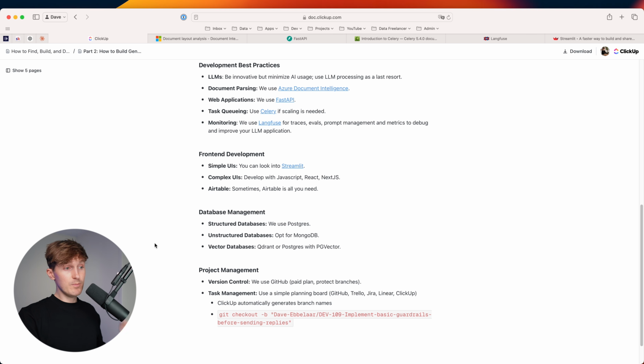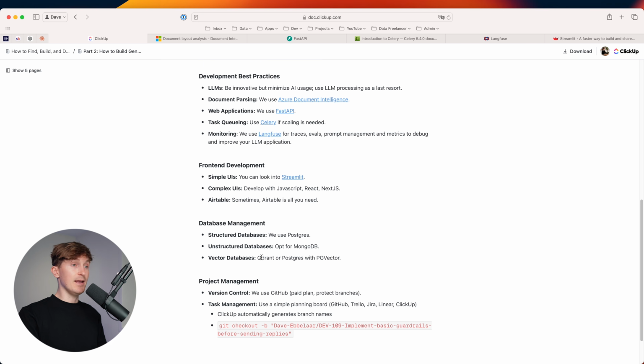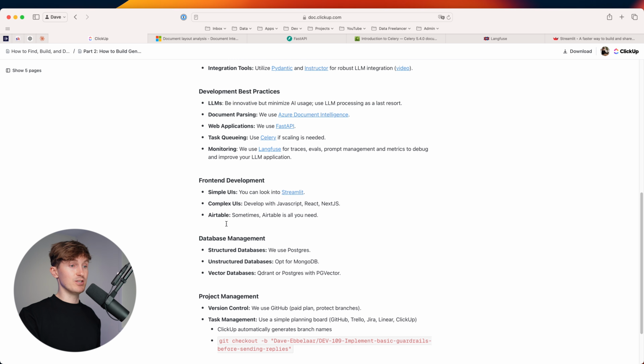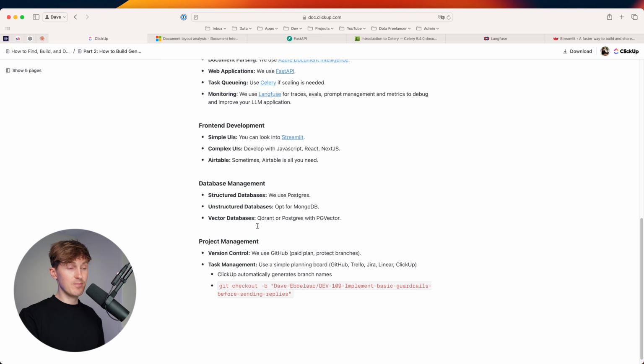Databases. We personally, if we need a structured database, we use Postgres. For unstructured databases, we use MongoDB. And again, we just follow the open source principle here. And then for vector databases, you can look into Qdrant, or for simpler use cases, you can look into Postgres